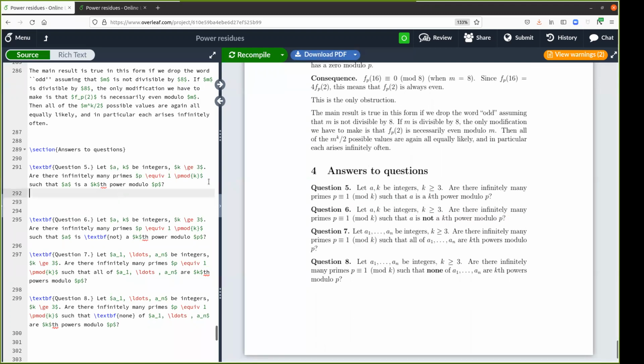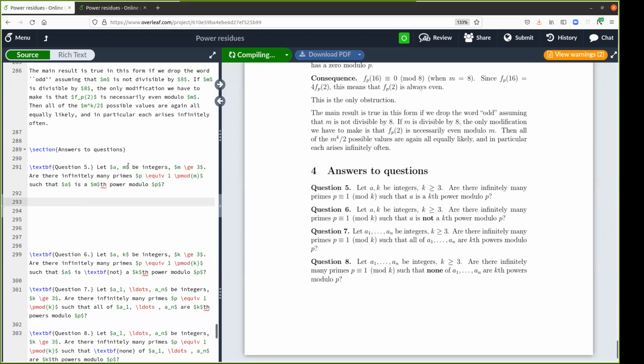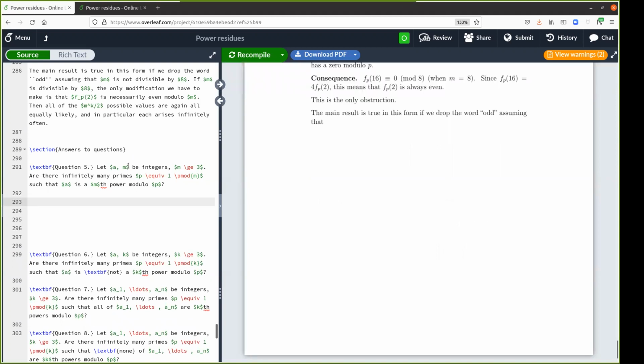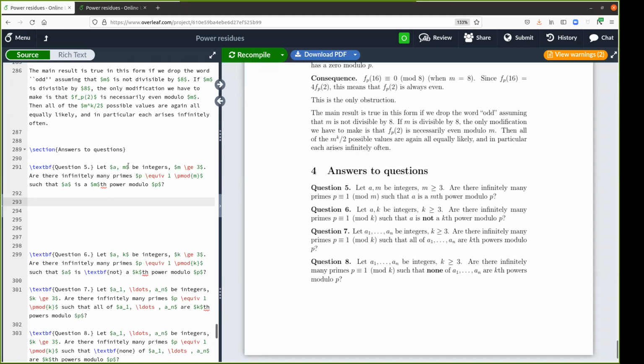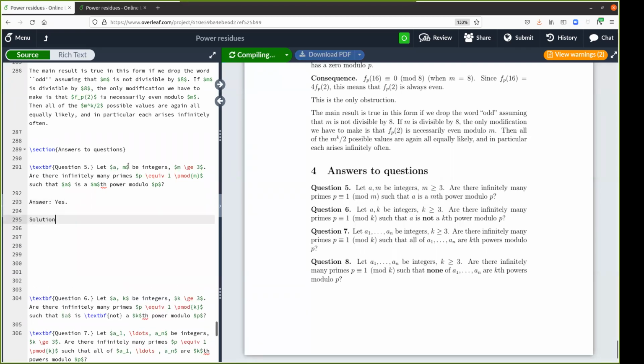Okay, so question 5. We have some integers a and k. Well, I should be using the integer m I used above. Okay, and I ask if a is an mth power modulo p infinitely often. Answer is yes, and solution